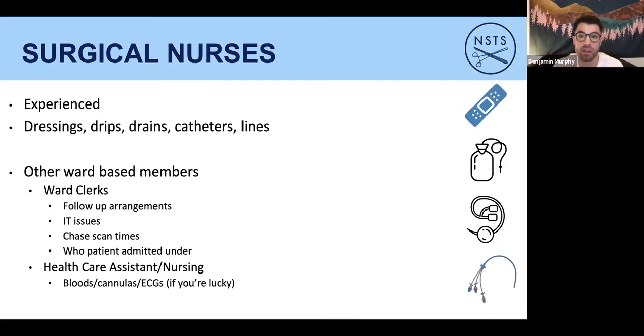The surgical nurses and other people on the ward are really, really helpful, especially when you first start a new job, because they're so much more experienced than we are. So they're helpful for all things going in and out of a patient. So dressings, drips, drains, what is draining, where from, how much is normal, what color is normal, catheters, and any lines that are in, is it a central line, is it a PICC line,